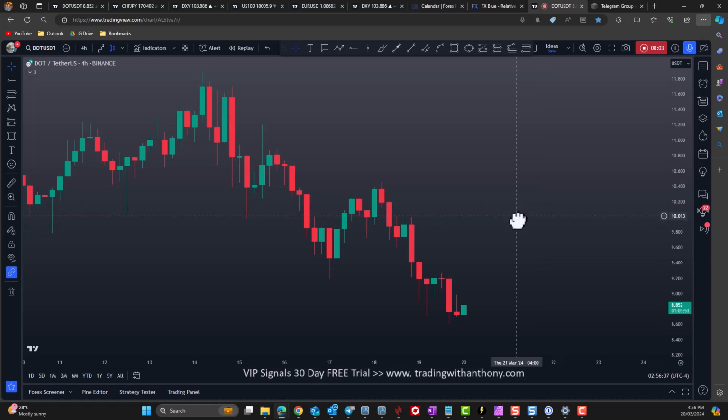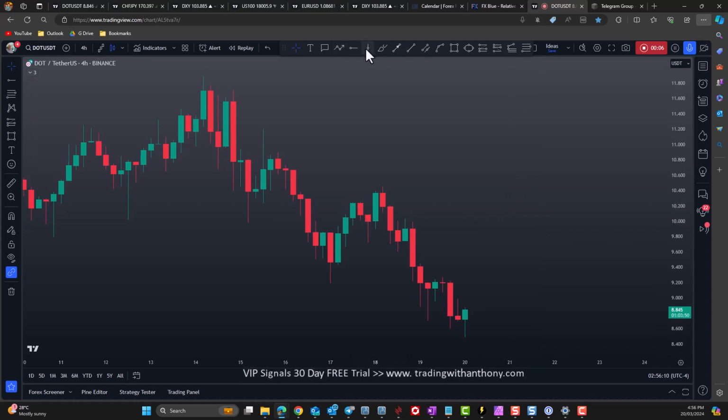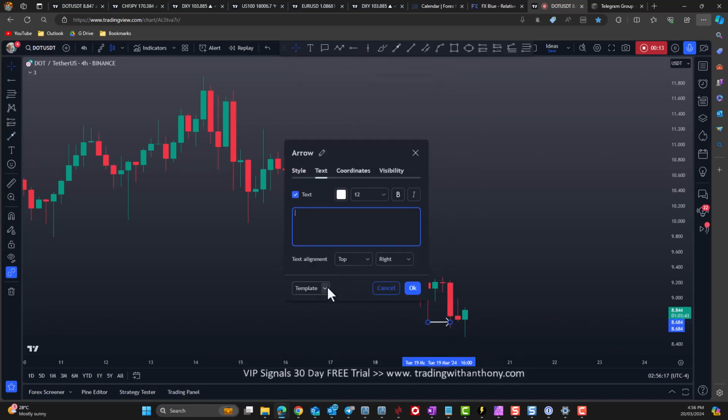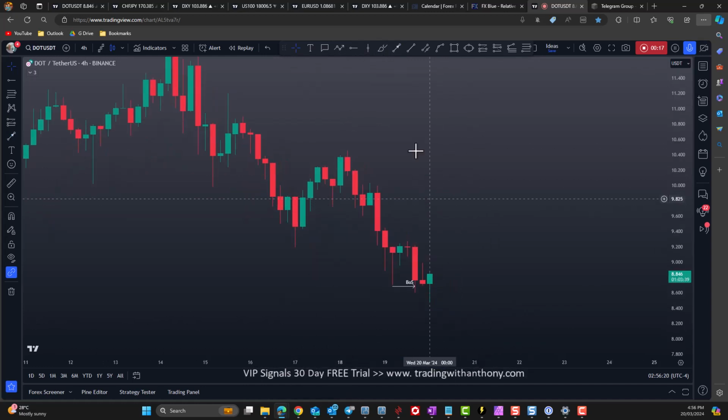Traders, we're looking at Polkadot paired with USDT. Okay, bearish trend, 4-hour time frame, break of market structure, BOS to the downside. And I'm always looking for the retrace. Okay, we have this bullish candle, but balance area back in here. I would think that this possibly trades back up, and I'll be looking to short it at that point, target